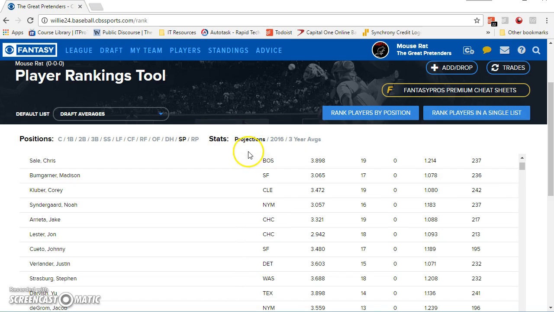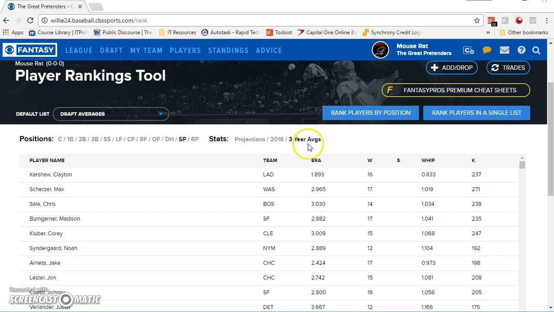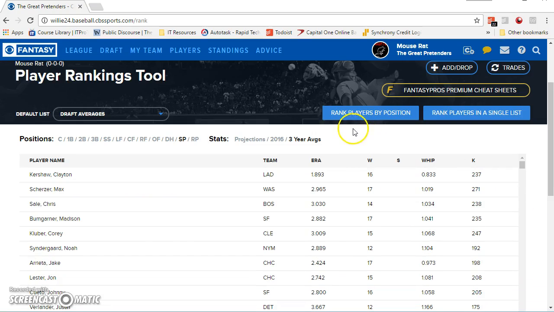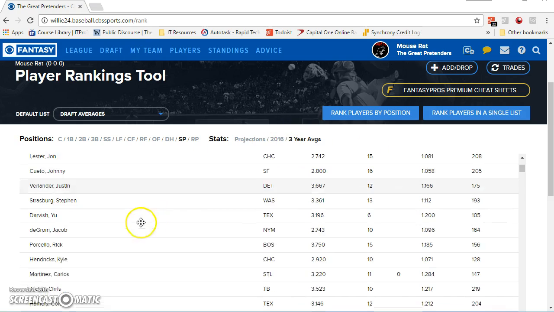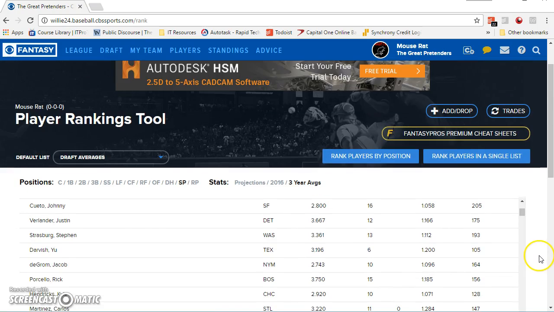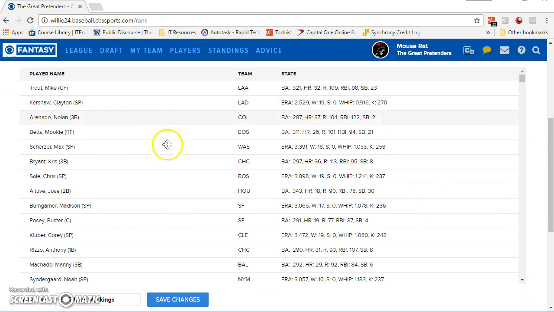You can also look at their projections for 2016, or you can look at their 2016 stats, or their 3-year average stats, and use that to help you. Alright, once you've got all the positions ranked and you've saved it down here, then I would go and you can click Rank Players in a single list. And this puts all those positions together,